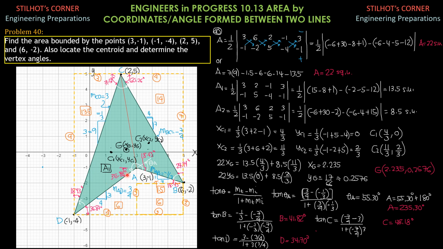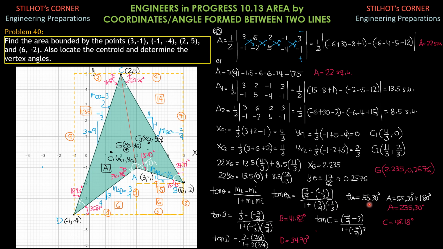So if extended, this is the terminal line, the slope of this is the slope of AB, which is 3/4, and the initial line, because the angle measurement should be counterclockwise, so this should be the terminal, this is the initial, which is AB, and the slope is negative 1/3, all over 1 plus slope of terminal 3/4 times slope of initial line negative 1/3. So using your calculator, theta A is